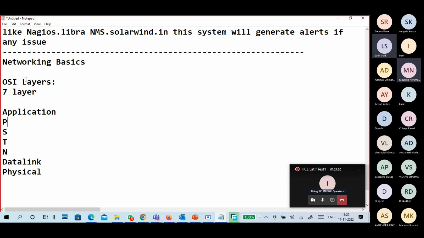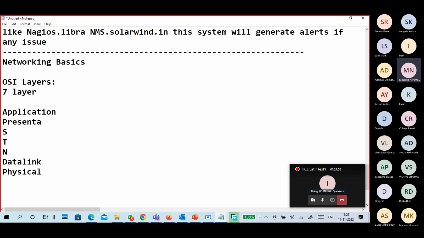But the only thing, guys, remember either top to bottom or bottom to top. Don't mix it up, that is important. That's why I'm trying APSTNDP. Of course, there are different ways of listing the OSI layers, but at least note down this mnemonic on the side, so when you are telling an answer you can recall it. If you keep doing it, you can easily tell anytime. Very good.